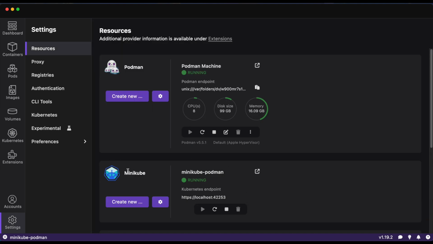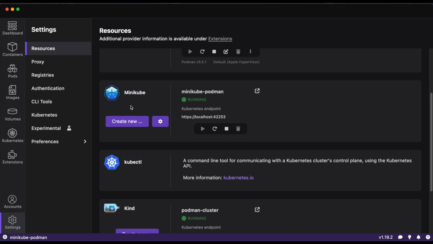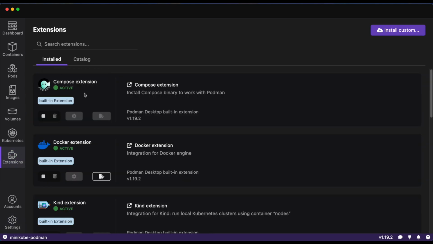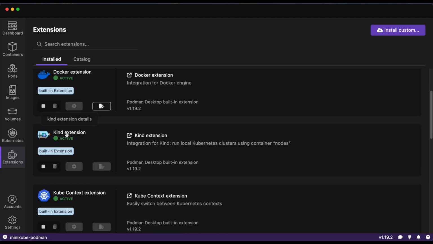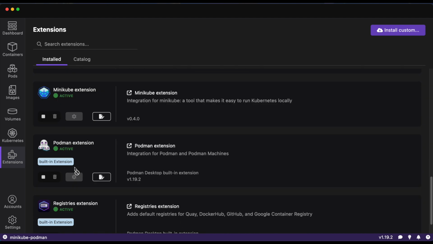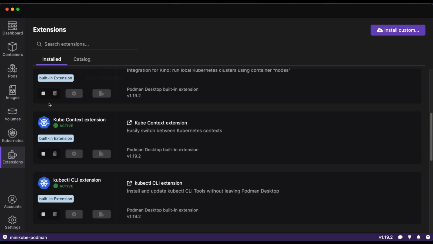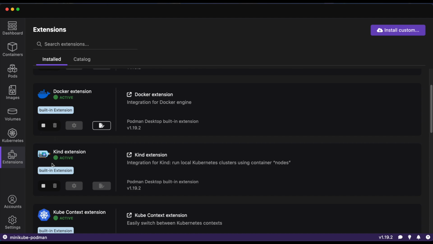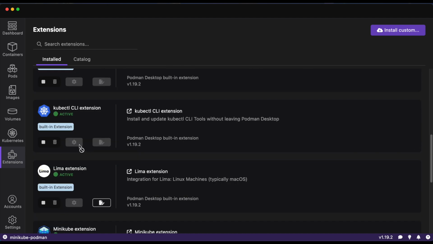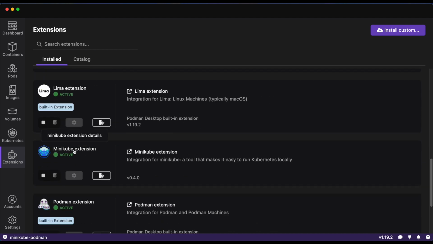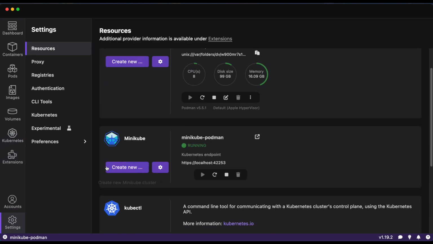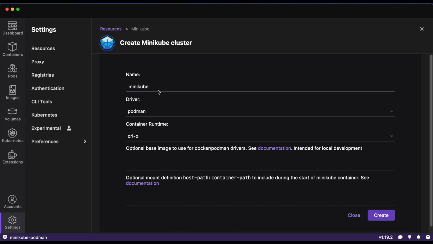Then I also provisioned a Minikube cluster. For Minikube, I have enabled the extension. If you see installed, let me see, it should be there. Yeah, so this Minikube. The kind extension is built-in, as you can see, but Minikube I installed later. So I enabled the Minikube extension, and then I provisioned the Minikube cluster by clicking on create new